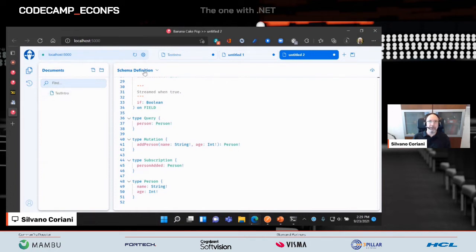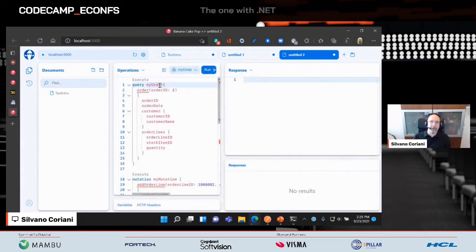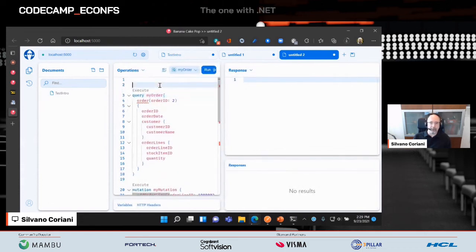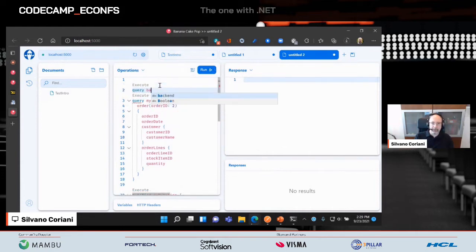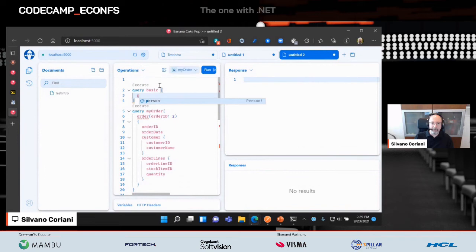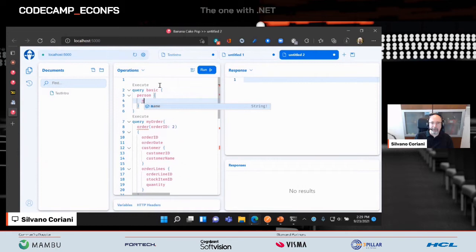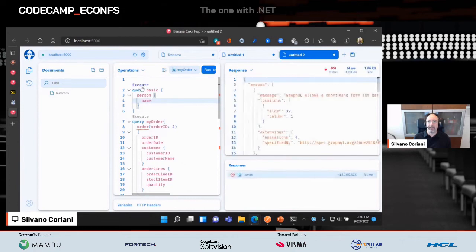Okay, so let's go back to our operations. Those were other queries that I was using for a subsequent demo. So let's create a basic one, and what I want to expose is my person, right? And for this person, I want to retrieve only the name. I don't care about the age in this particular case. So I'm defining this query, and I'm getting an error because